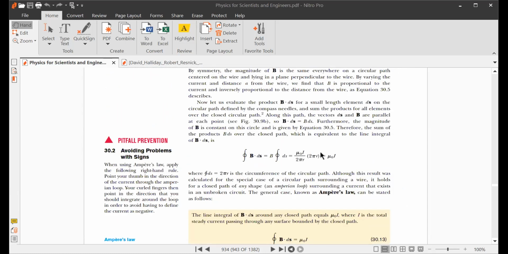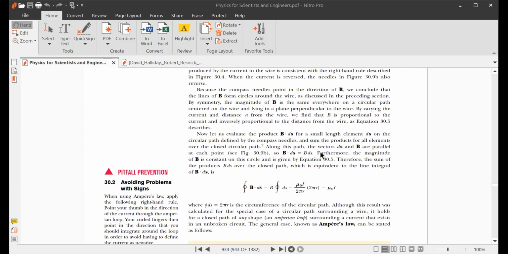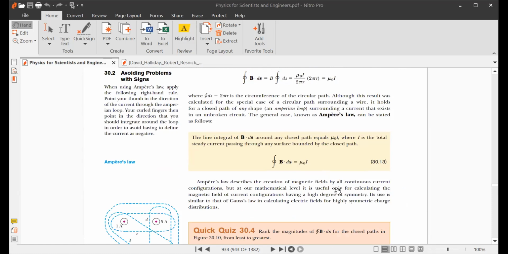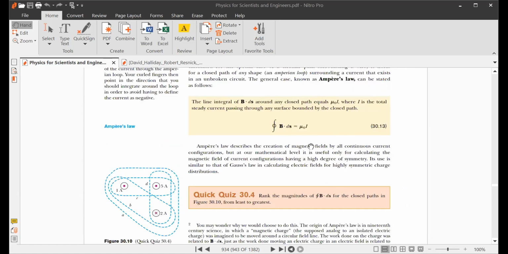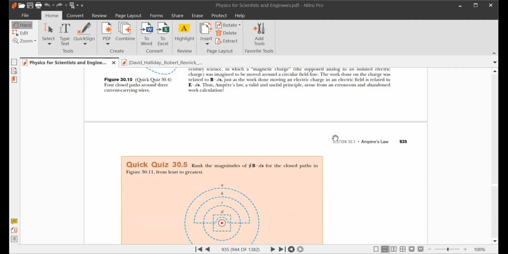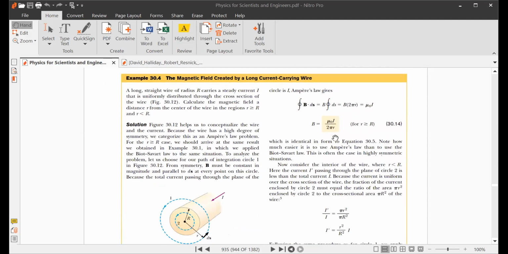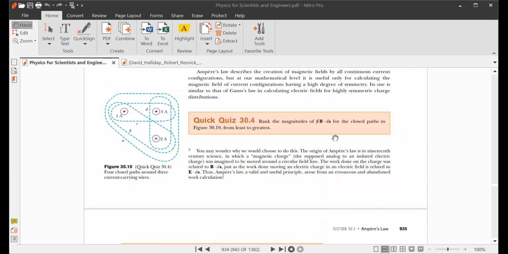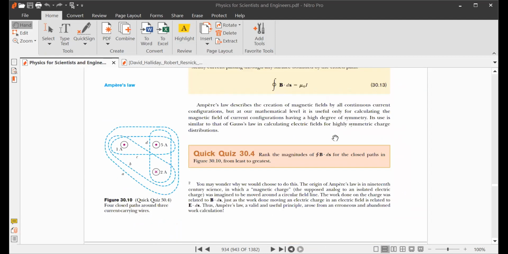So basically, Ampere's law is about this closed integral of B dot ds equal to mu 0 times I enclosed. So this is Ampere's law. For example, if we consider a very long wire,